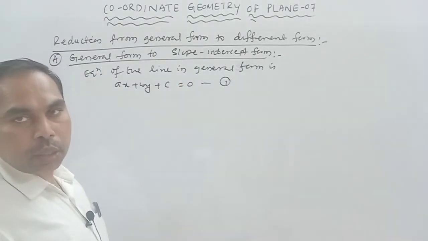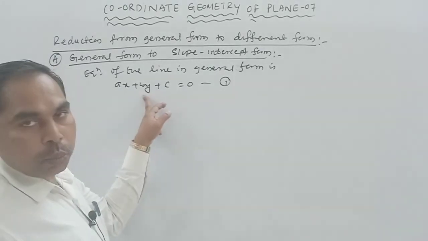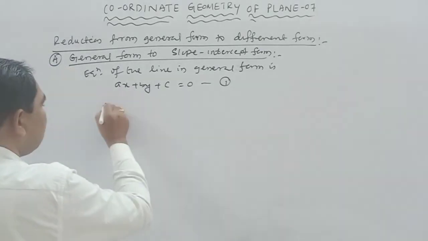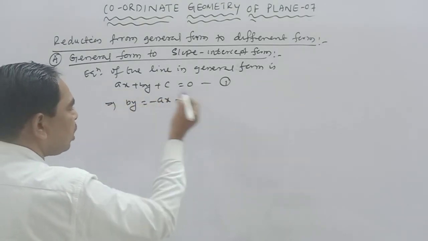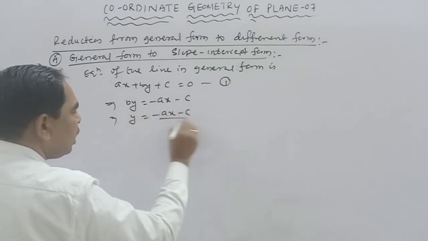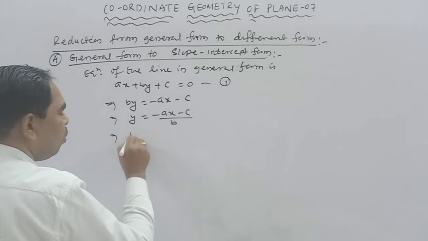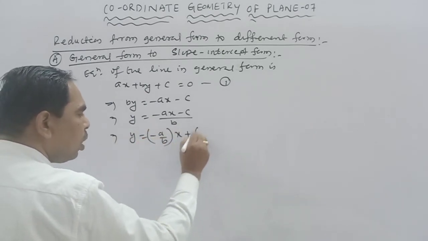Slope intercept form means y is equal to mx plus c. So first find the value of y in terms of x. So this implies by is equal to minus ax minus c. So y is equal to minus ax minus c divided by b. So y is equal to minus a by b into x plus minus c by b,